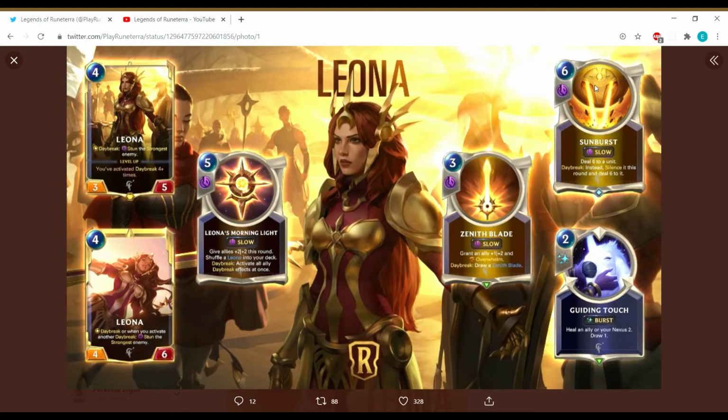Alright, so when she's leveled up, when you activate another Daybreak, you stun the strongest enemy. So, think of this kind of as a Swain ability. When you damage the enemy nexus, you're going to be stunning the strongest enemy. A little bit different, however, because you can only pretty much get one of these stuns off per round, unless